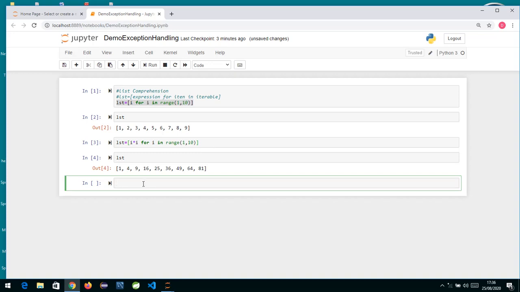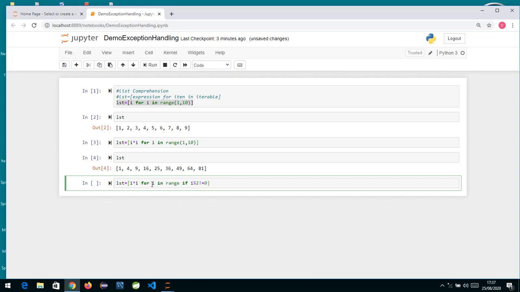Suppose I want to create a list of odd numbers. Or rather, I want to create a list of squares of odd numbers. So I can write I into I, that is the expression which will be added into the list, for I in range, and after that we are going to specify a condition: if I mod 2 is not equal to 0.